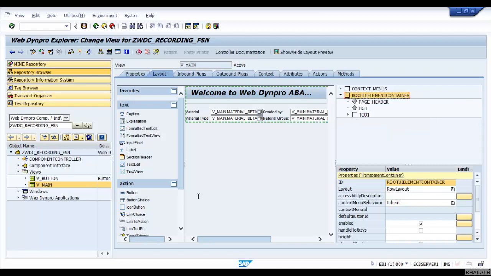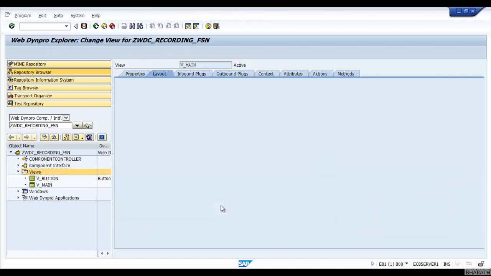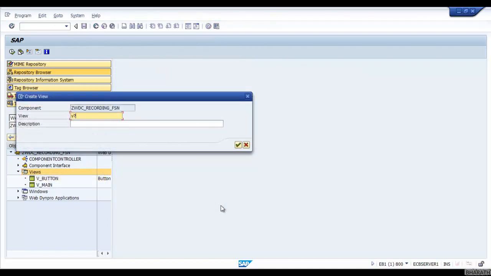I will create one view. Right click and create V_WebDynpro_Code_Wizard.